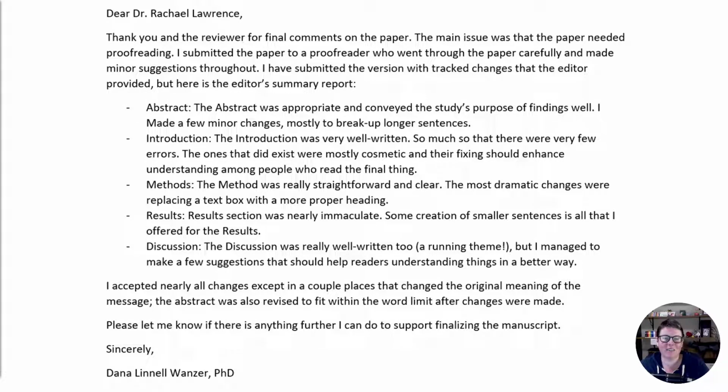This is the first time using a copy editor, and I have taken every single one of my papers subsequently to a copy editor. I found this such an incredibly useful process. They caught so many things that I hadn't seen previously because I was just too into the weeds of my paper to really see those edits. And so I highly recommend finding a copy editor, somebody who legitimately does that for a living. They found a lot of information.